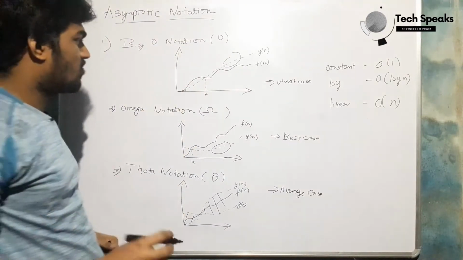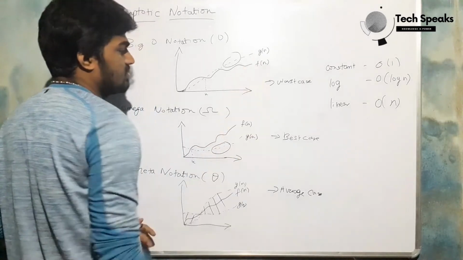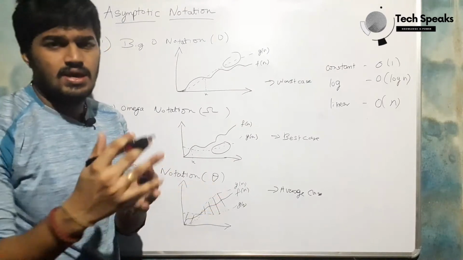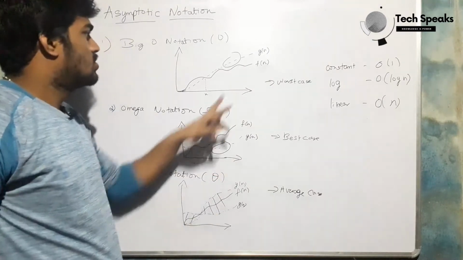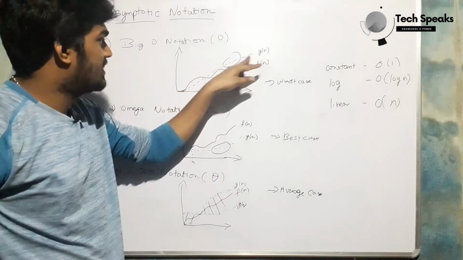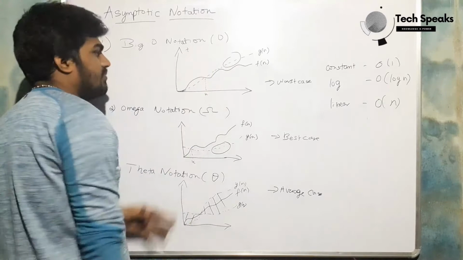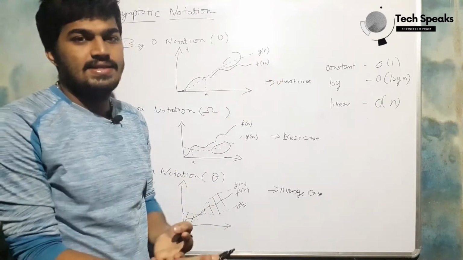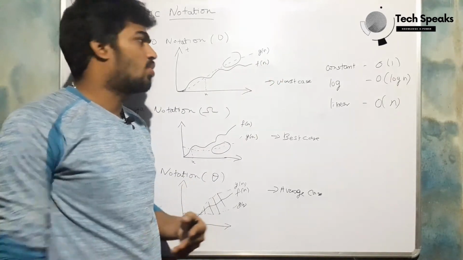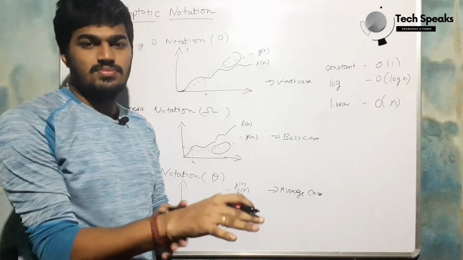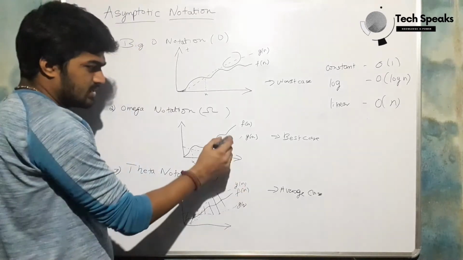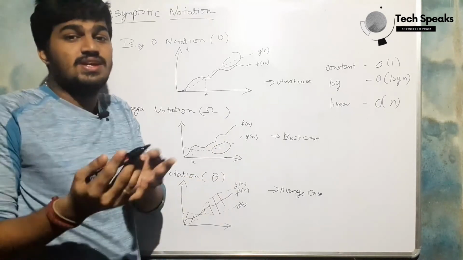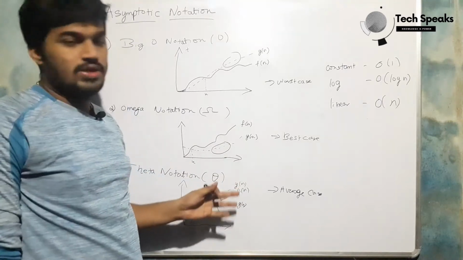One more thing I forgot to mention. This is f of n, which is the normal time needed for the execution of the program. And g of n, you can see here, is time increasing. This one is time. So this may be a worst time; you can calculate the worst case of the time required for the program execution. Here you can see g of n is less, so that means you can calculate the best case, how much time is required to execute the program.